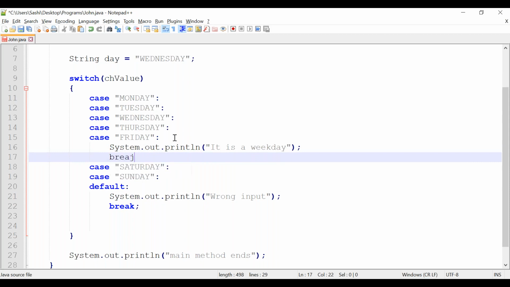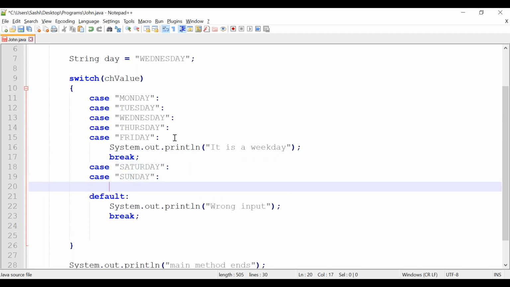Then I will break it. Break is optional, but it's always recommended to give the break. If it is like this, then I can say it is a weekend.